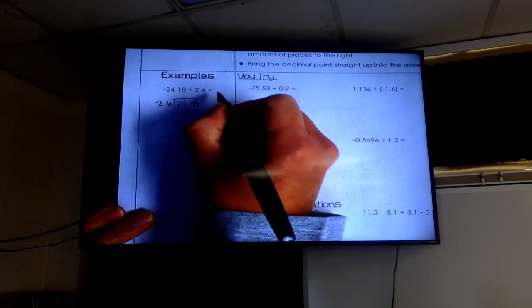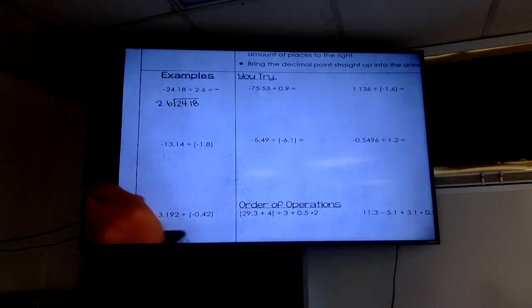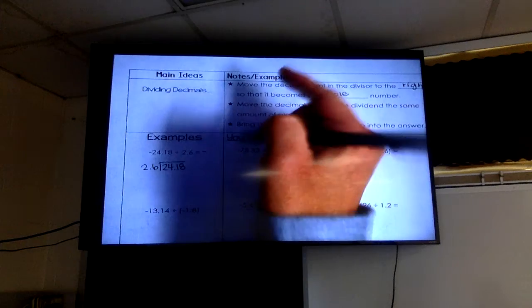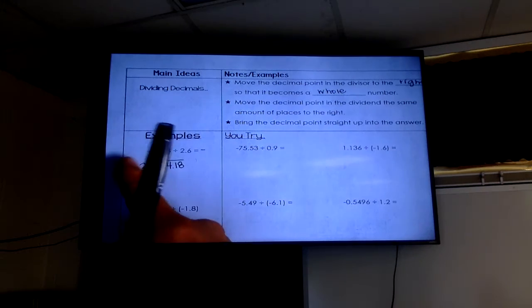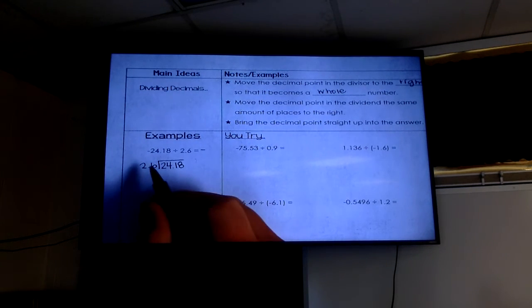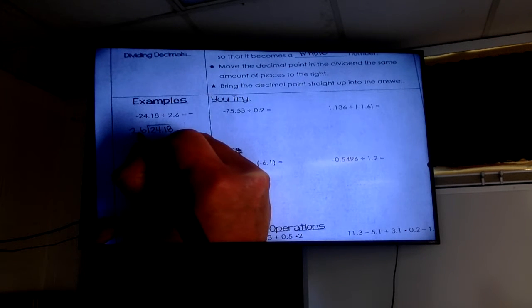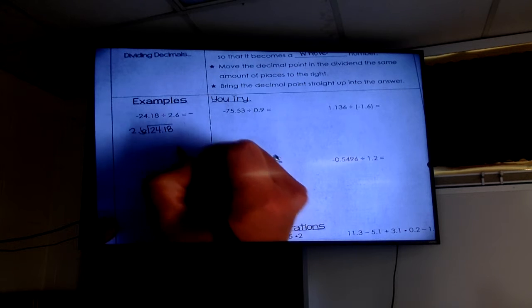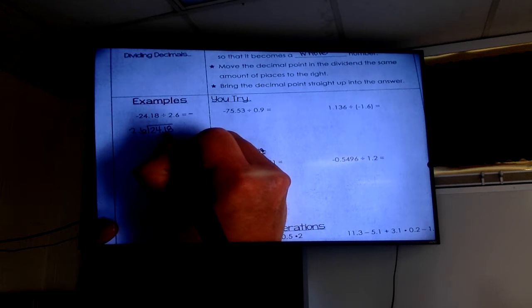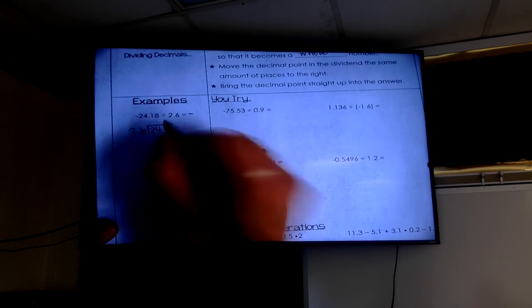So I have a negative divided by a positive, which is a negative. It says that I need to move the decimal point in the divisor, the number on the outside of the symbol, to the right so that it becomes a whole number. So if I move it 1 place to the right, that means I have to move it 1 place to the right here,